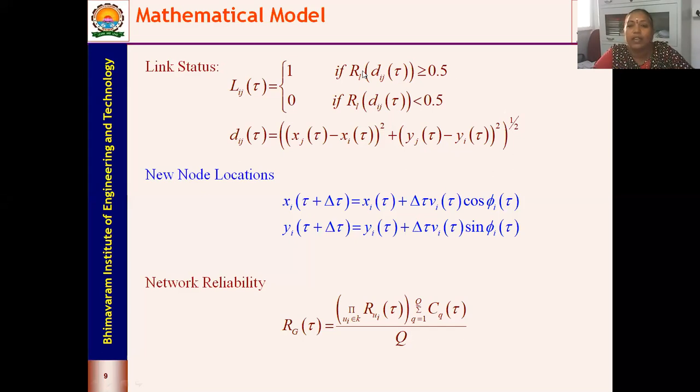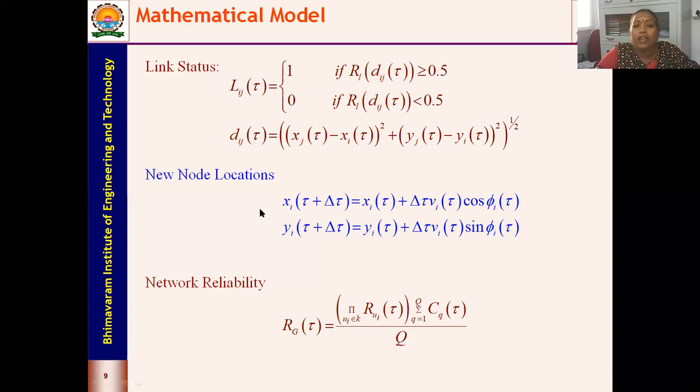Okay, right. And now coming into the link status, as I said, we are going to compare the probabilities of the link reliability. If the probability of the link reliability is greater than 0.5, link reliability is equal to 1. And if the probability is less than 0.5, link reliability is equal to 0. Distance as usual, you can take any of the distance calculation methods and calculate the distance. When you choose a distance model, see to it that your computational calculations are less, and the lesser the computations, the faster your simulations will be.